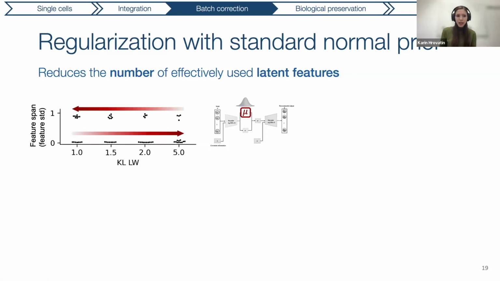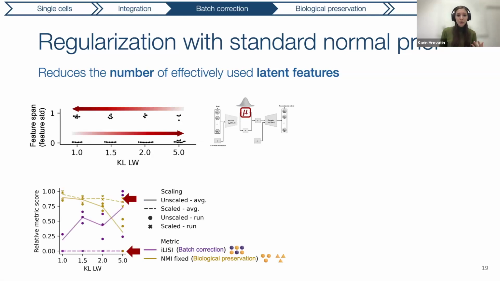Therefore, my question is, is there any information in the other features that we are missing in that way because we're using the Euclidean distances as is normally done? And as it turns out, if we actually scale those features so that they are all used more equally in learning of distances between cells, it turns out that as we increase regularization, the batch correction is actually not increasing and biological preservation is not really dropping,